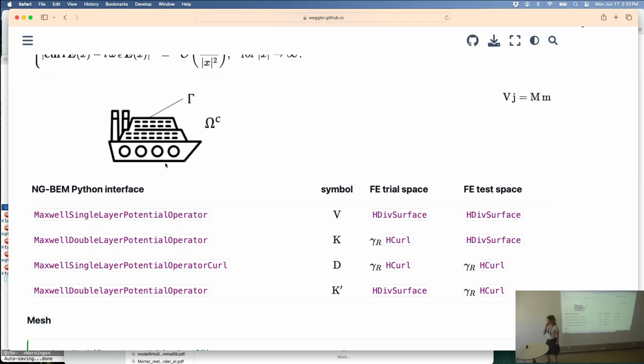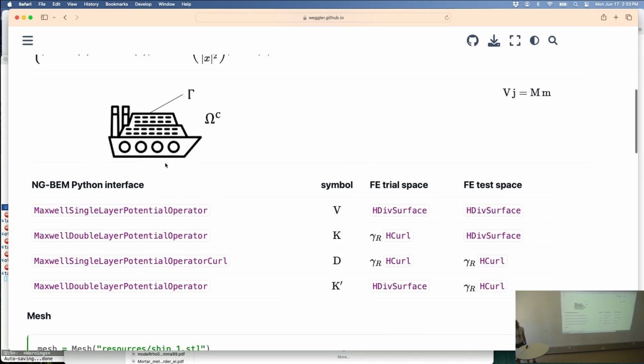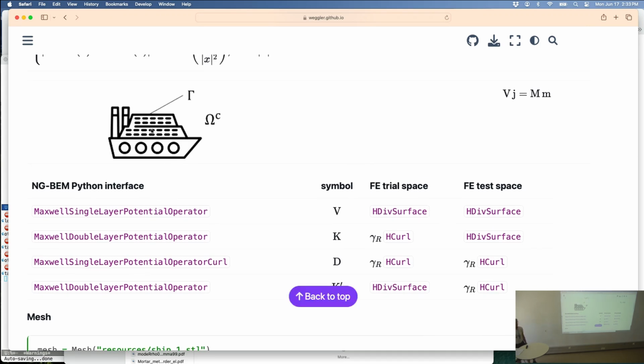I was talking to an industry partner, and he gave me this ship geometry. I said I can solve the ship with high order Ansatzfunctions, because the numerical software just knows the linear edge elements. And then we did that